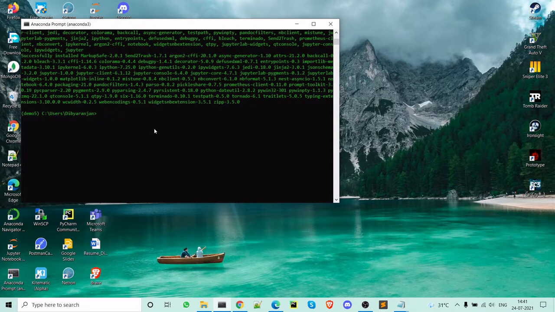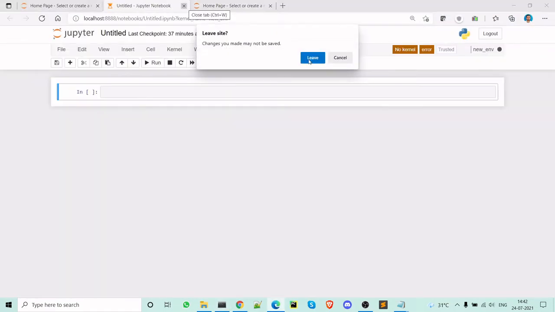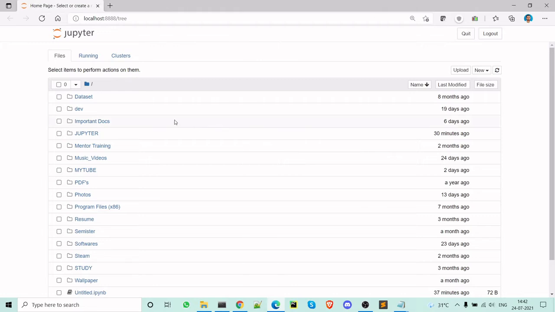Okay, if you want to open your Jupyter Notebook on your C drive, just type jupyter notebook. I want my Jupyter Notebook on D drive, so I'll move to D drive, and here I'll type jupyter notebook. Okay, so you have your Jupyter Notebook, and you can access it.